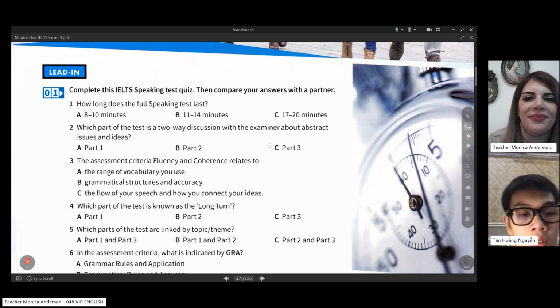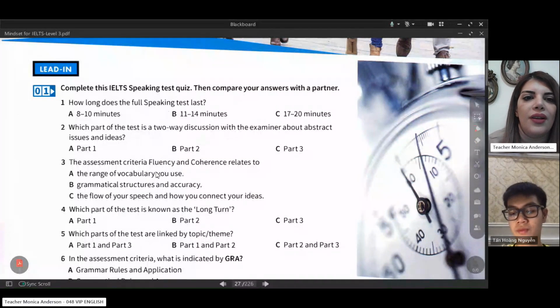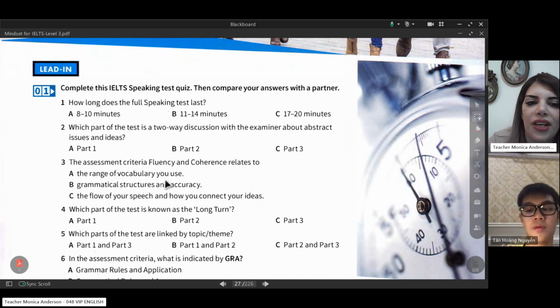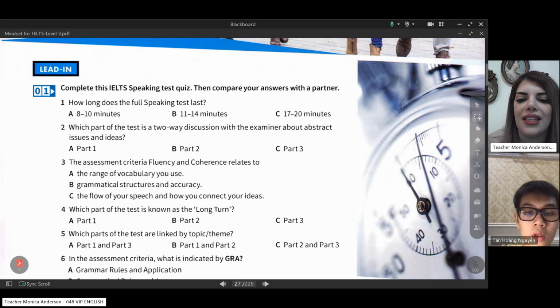The assessment criteria, fluency and coherence, relate to. But teacher, what is abstract? Okay, so the assessment criteria, fluency and coherence relates to the range of vocabulary used. And which one you mean? Number 2. Okay, so